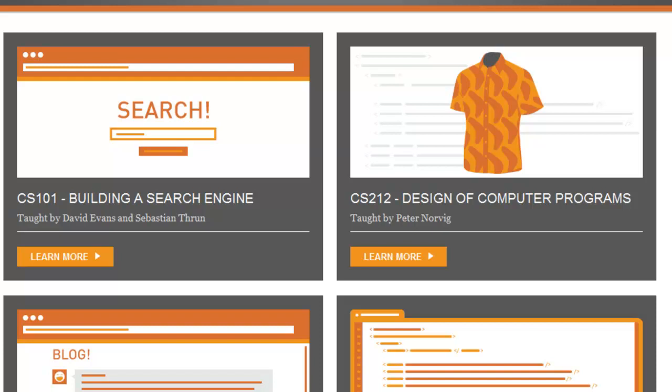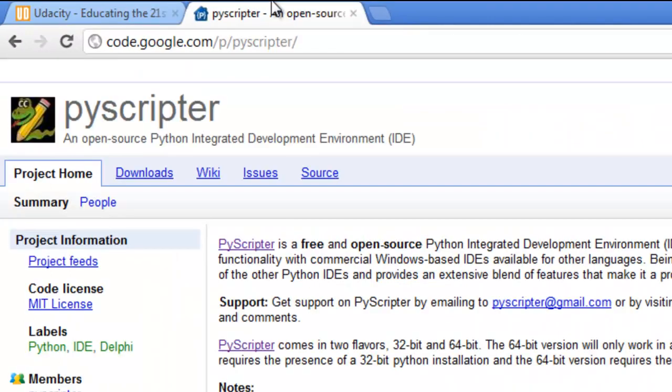So for those that are interested in taking the CS 101 course or any of the other courses, you may want to download a Python integrated development environment so that you can go about debugging your programs. The page that I brought up here is on PyScripter, code.google.com/p/PyScripter. This is only for the Windows environment, so if you're on a Mac or a Linux system, you probably already have a Python interpreter installed that you can bring up and make use of. It may not be an integrated development environment, but for all those that are using Windows, I would definitely recommend